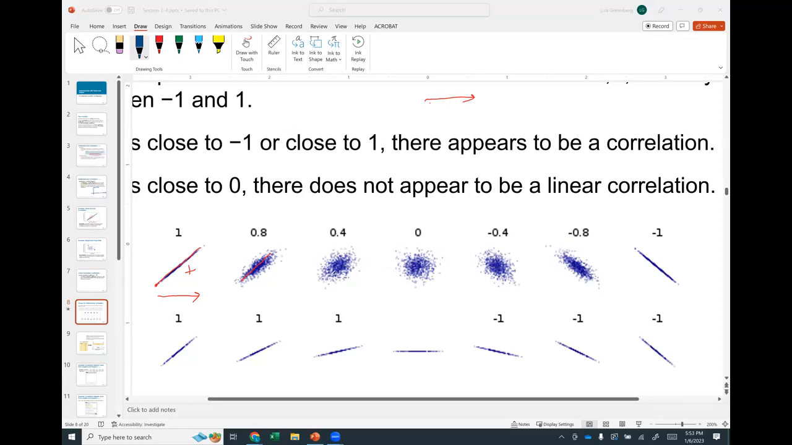Now notice at 0.4, it's getting harder to tell. We know it's not going down, but you can almost tell it's increasing, but it is getting harder and it's got a very small r. And this one, 0, you can't tell anything. It just looks like it's going around in a circle, right? And then again, -0.4, if this is going up, this is coming down, but it's not very distinct, which is why it has a